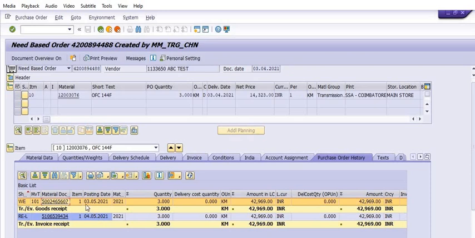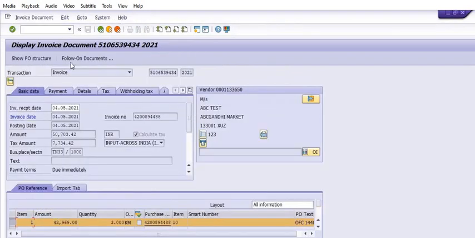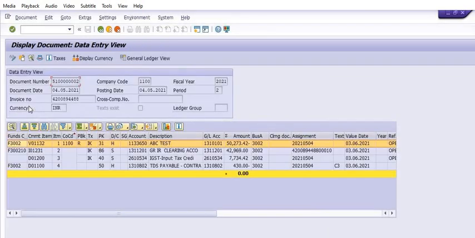See, in the purchase order history, there is an invoice receipt document. This is the MIRO document. If you open this document and click on this follow-on documents and click on this accounting documents, see,